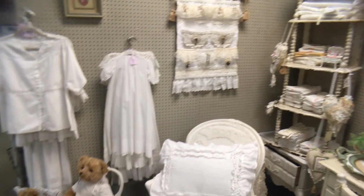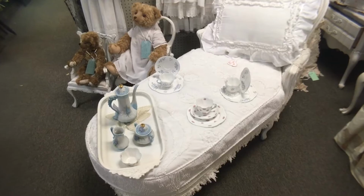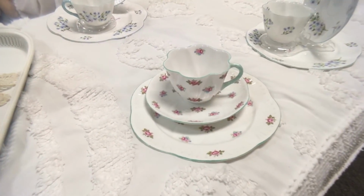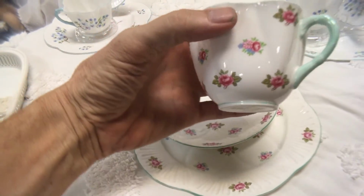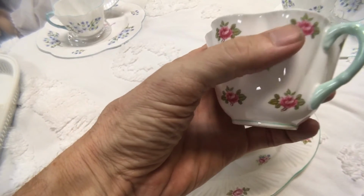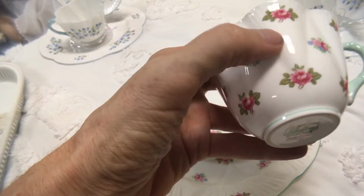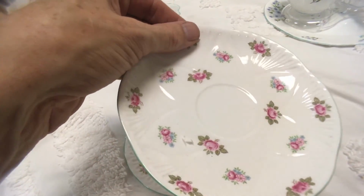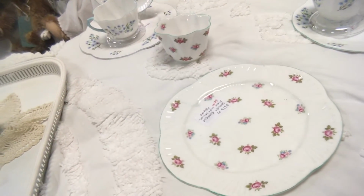And then they've set up the chaise lounge with Shelley cups and saucers. Shelley is a company from England. They went out of business in 1966. Their main pattern blank was this blank called Dainty. If you imagine it without the flowers on it, Dainty is this with the blown out sides and the little lines up the sides. You might see it better in the rim of the plate where it looks like a fan shape. On the back, the mark is going to say